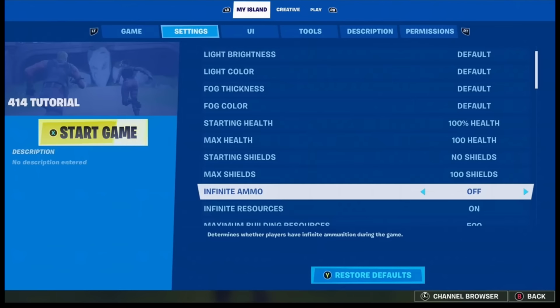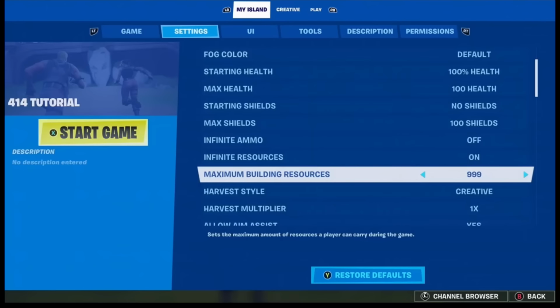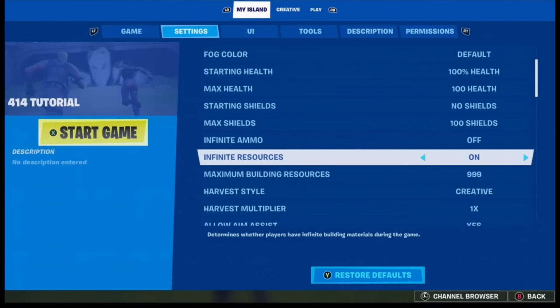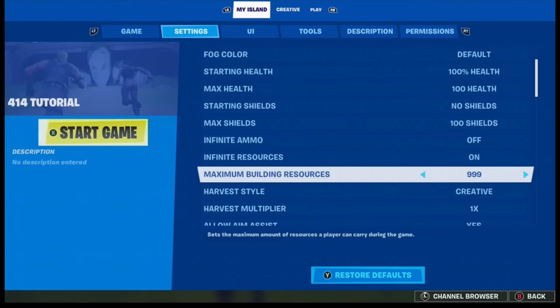Infinite ammo and resources, pretty simple. The max, obviously in a regular battle royale, is 999, which is usually what I put it to, but it doesn't really matter for most things. It just depends how many resources you want people to be able to have. The only things in my minigames that really have resources are box fights and teams of 4 in this new one, and I just put it to the default